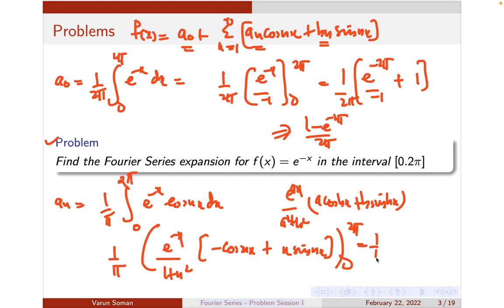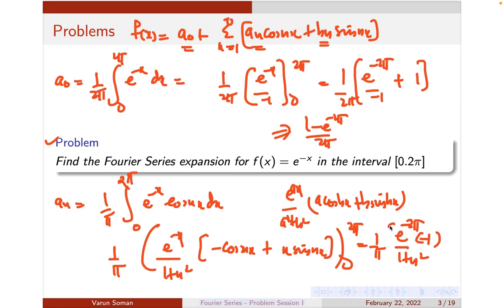This will be 1 by pi into, when you substitute 2 pi, it is e raised to minus 2 pi by 1 plus n square into it will be cos 2n pi, right, cos nx. So it is cos 2n pi minus cos 2n pi. So minus cos 2n pi, cos 2n pi is always 1, so minus cos 2n pi will be minus 1, okay, plus n into sin 2n pi. Now sin 2n pi is always 0, so that will be simply this one, the upper